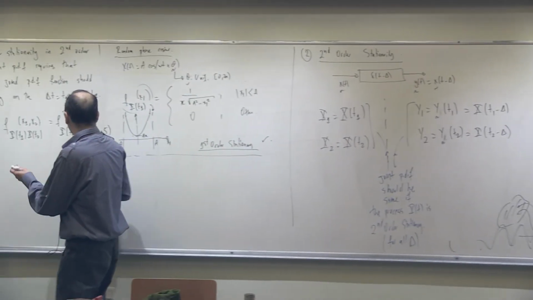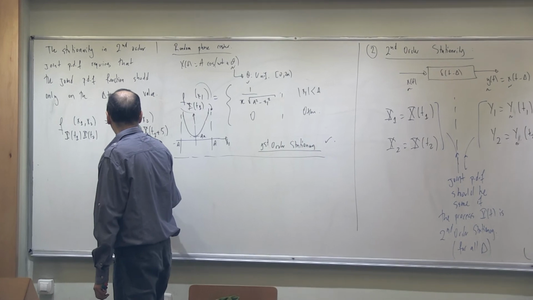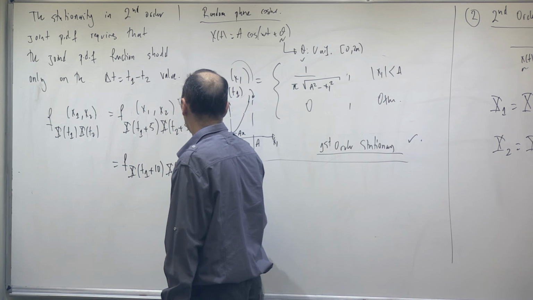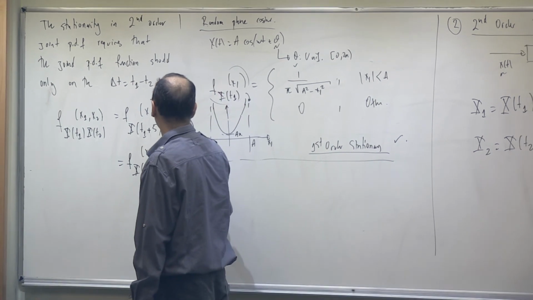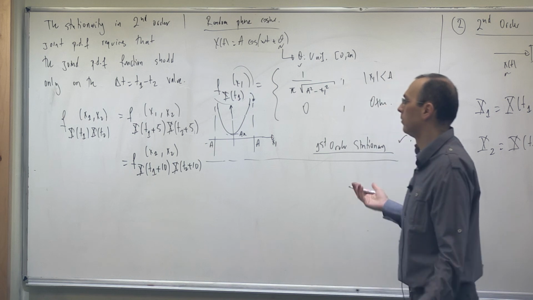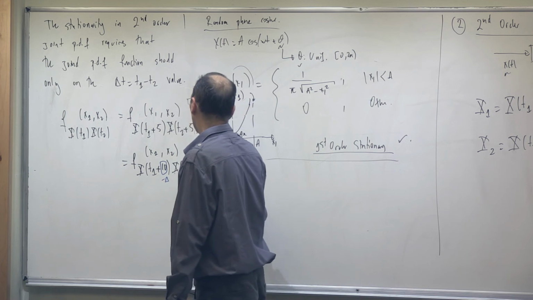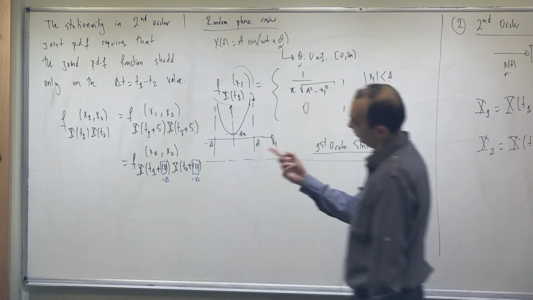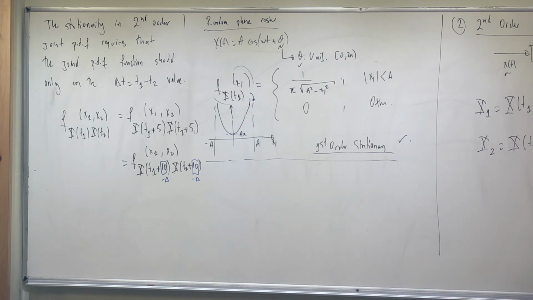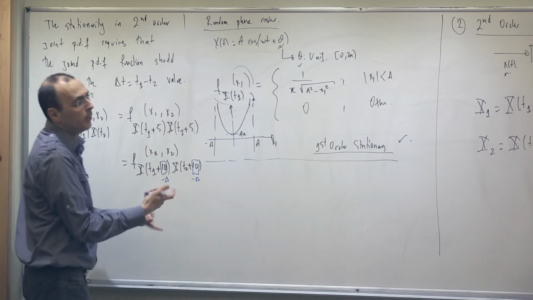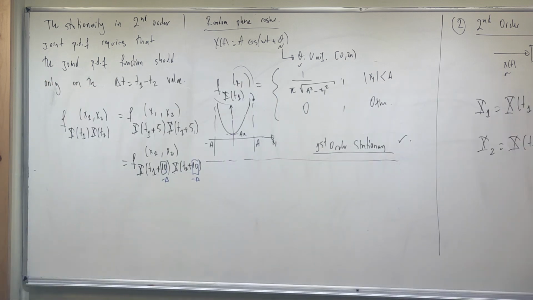So let me write one more thing. This is f of just one more example, 10, just to emphasize this, plus 10 is equal to this. Or actually, in this case, minus delta. Minus delta is minus 10. Yes, delta is minus 10. Okay, that is that. So I'm just evaluating these two samples by some offset. I may have an offset in my sampling time, but it doesn't matter because these samples are at steady state.